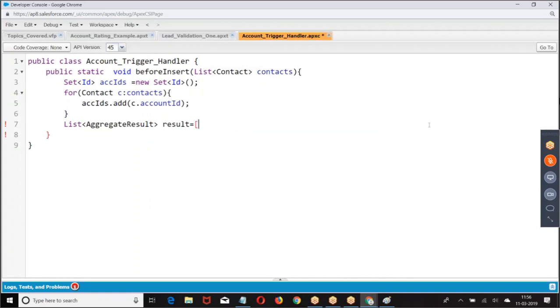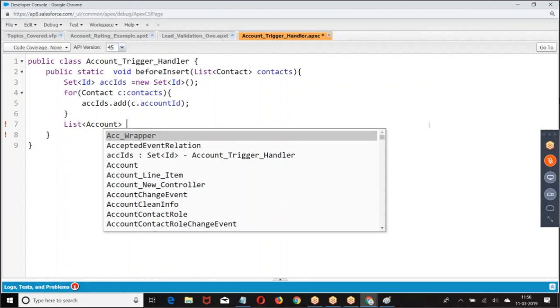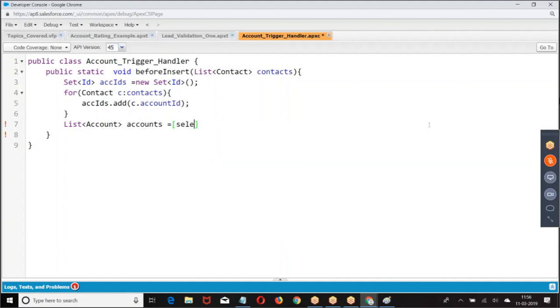Okay. Let me make it simple. We have done a lot of for loops. We have done SQL queries, right? Select ID, comma, select account ID in.